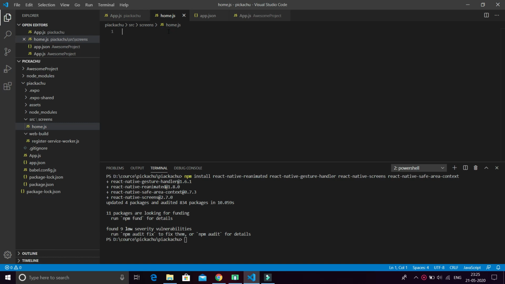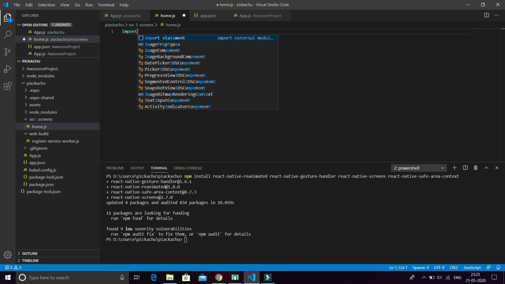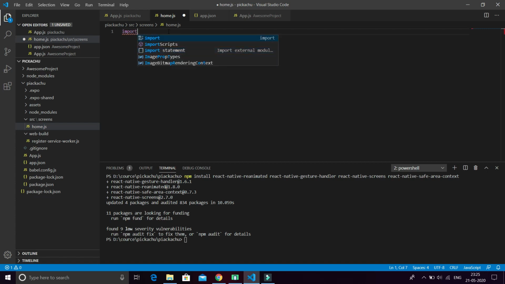So friends, for building a new app we have to keep different things in mind. Firstly, for building a React app, we have to import some libraries and all things. So here I will teach you how to import everything. So first, import React from React.